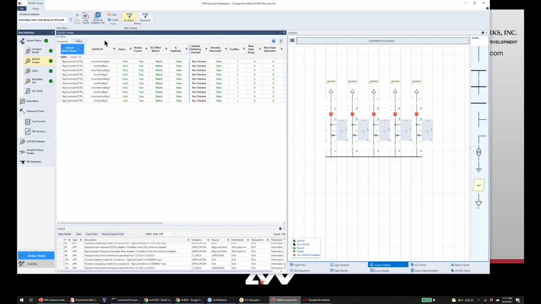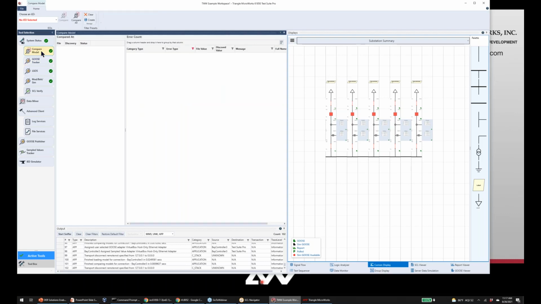Here we have a GOOSE tracker. We're going to go through GOOSE in a later webinar, but this monitors the signals on the line and compares them to that SCL file, the system configuration description file we have, and would highlight if the packets we see on the wire are not what we expect from the configuration file. We've got a tool here for comparing models. This SCL is good. We need to have that to know what we're doing, but there are times a device doesn't get updated as it should.